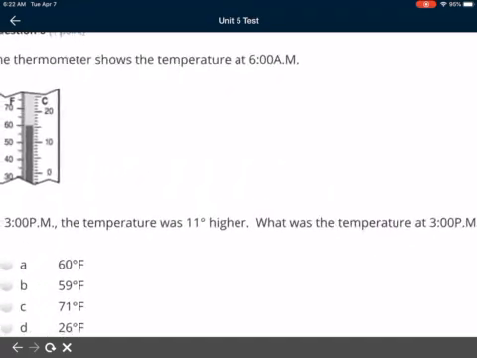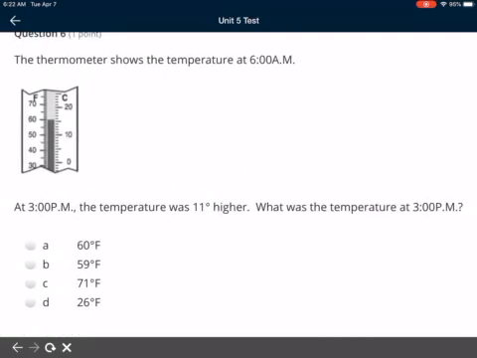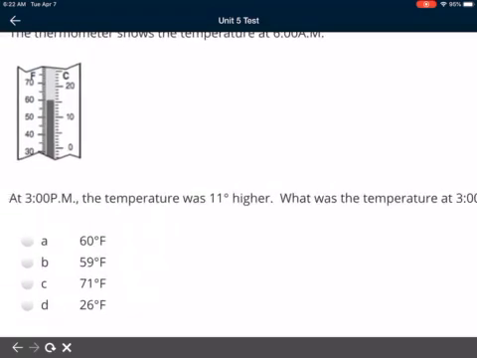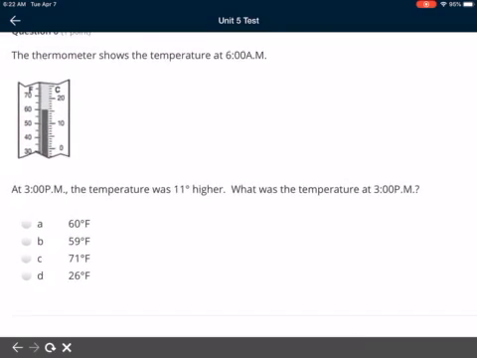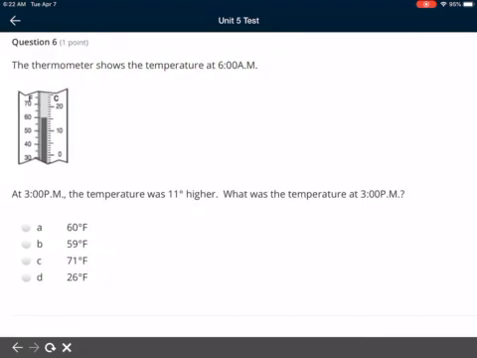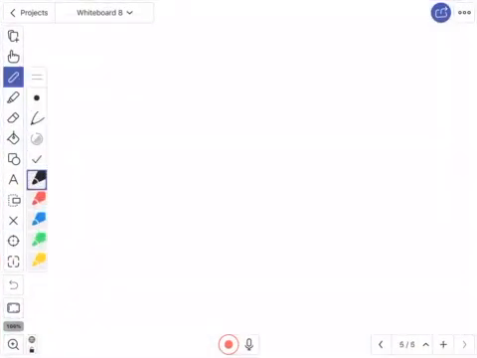Okay, number 6. The thermometer shows the temperature at 6 o'clock a.m. At 3 o'clock p.m., the temperature was 11 degrees higher. What's the temperature at 3 o'clock p.m.? So if I need to, I can go back to explain everything. So for number 6,